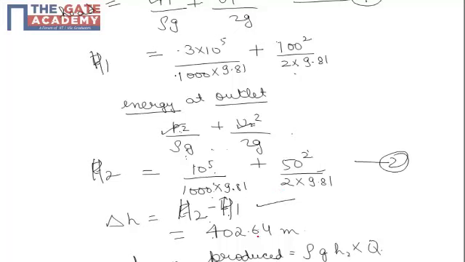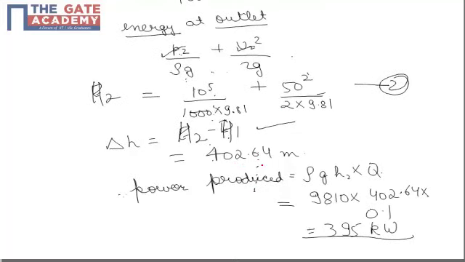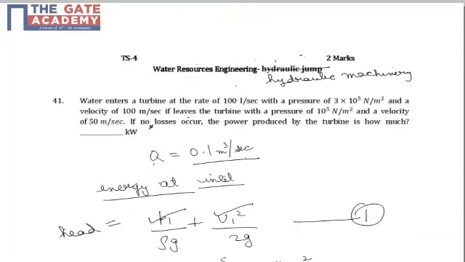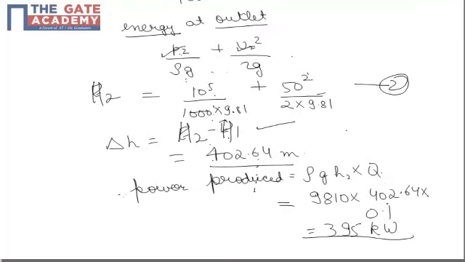So just by subtracting 2 from 1, the change in head comes out as 402.64 meter, and the power produced because of loss of this much head is rho into g into H into Q. Now Q is given as 100 liter per second, which is definitely 0.1 meter cube per second, into 402.64 meter head loss, into rho g, which is 9810,